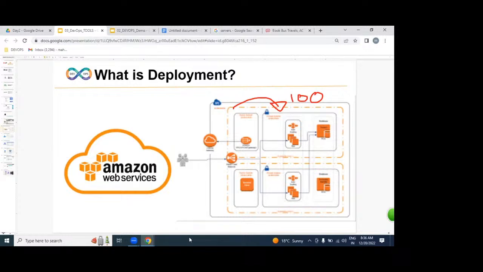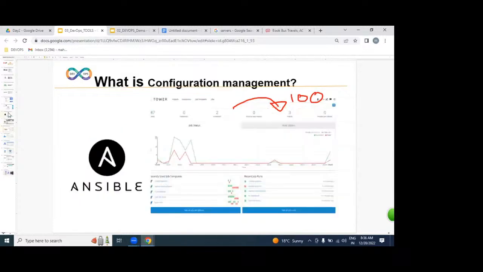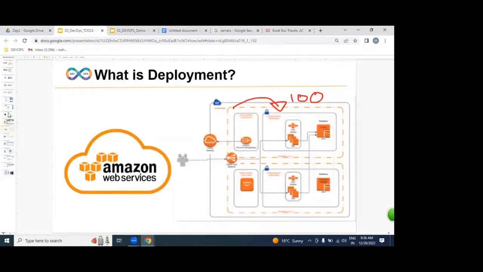Which cloud are we going to learn? AWS. Any cloud, we can get any cloud: Azure, AWS, Google. If you want the infrastructure, we can get it in any form. On top of it, we are going to implement an automated process with the help of Ansible and Chef. Finally, we are going to get hundreds of servers from AWS. We are placing our applications and websites on hundreds of cloud servers with the help of Ansible and Chef.